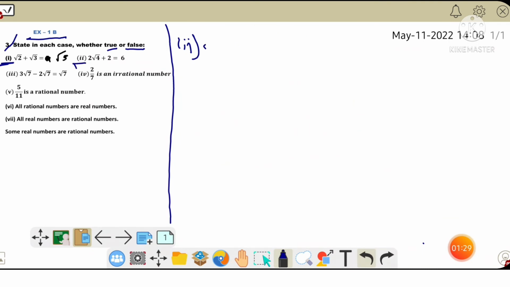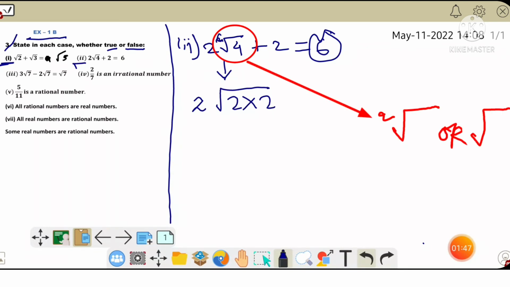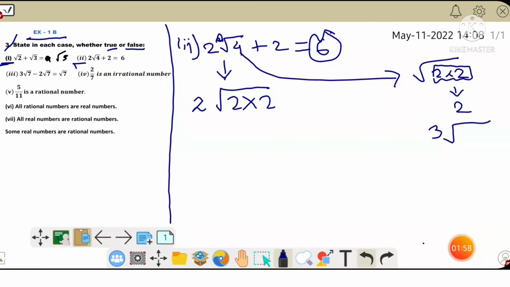Next we have question number 2: 2 root 4 plus 2 equals 6. So we have to find 6 by adding 2 root 4 plus 2. Root 4 we can write as 2 into 2 because it is a square root. Square root means we have to find pairs of 2. So there are two 2's, so we'll have 2 outside the root. If it was a cube root, we would have to find three 2's, then a 2 would come outside the root. Here it is the square root, so we'll have 2 into 2